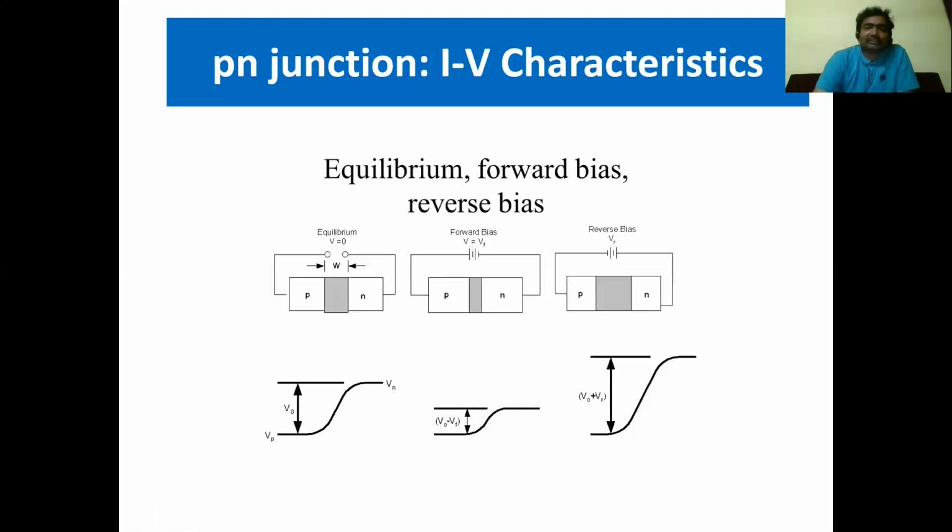So, due to this, majority charge carriers cannot cross the junction, which means holes cannot cross the junction and electrons cannot cross the junction. But minority charge carriers in P region and minority charge carriers in N region can cross the junction, because for electrons and holes, which are the minority charge carriers in P region and N region, this reverse bias acts as forward bias and they can cross the junction. So there is a small current due to minority charge carriers.